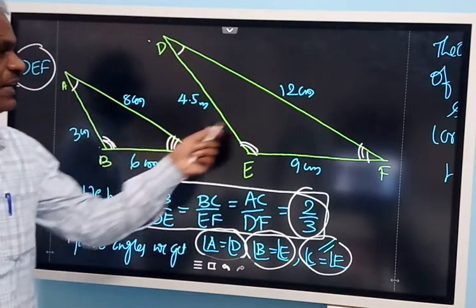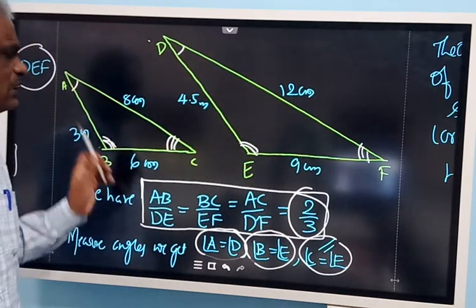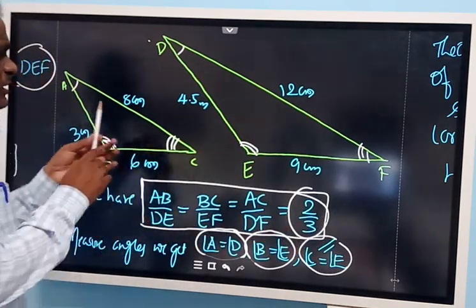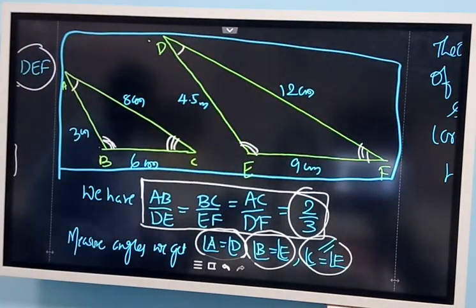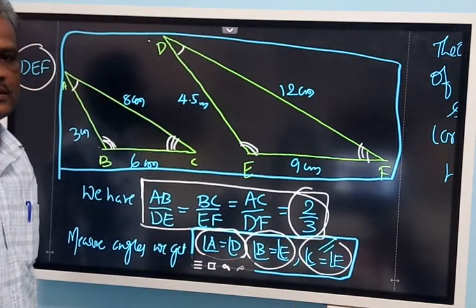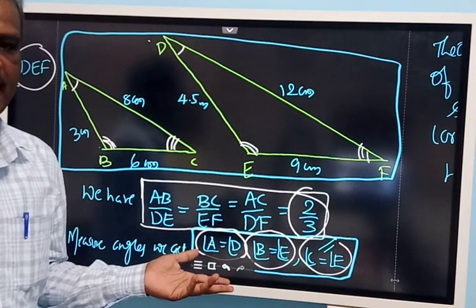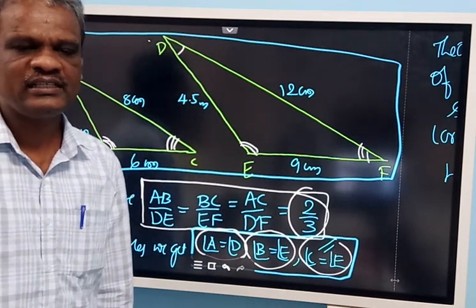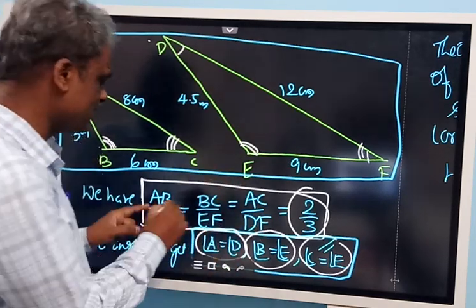See, we have not taken any angles related to these two triangles. We have taken two triangles with the condition the sides should be in the same ratio. This is the condition we have applied here. Once you construct these two triangles with that condition, you will get three pairs of angles equal. So you know three pairs of angles are equal means by AAA similarity these two triangles become similar. Is it clear? This is an activity you can construct and verify, but the only condition is that the three sides should be in